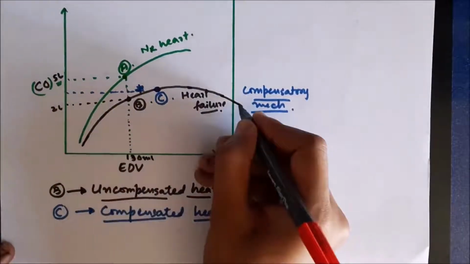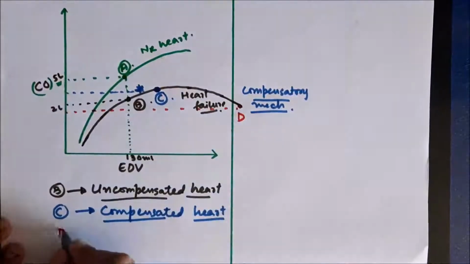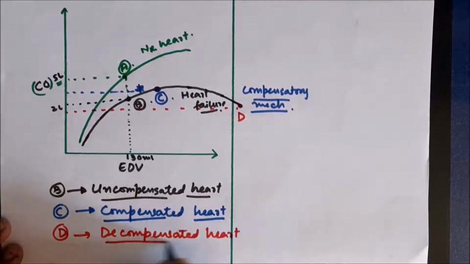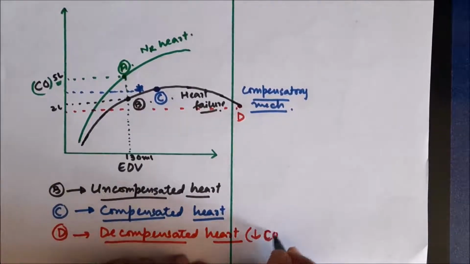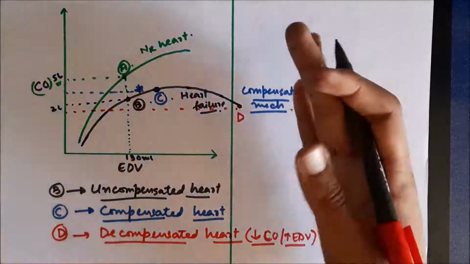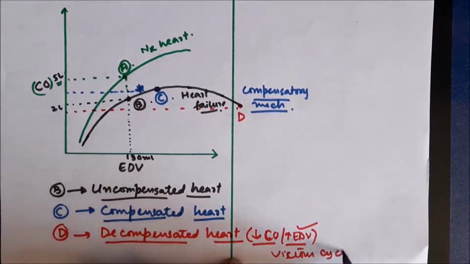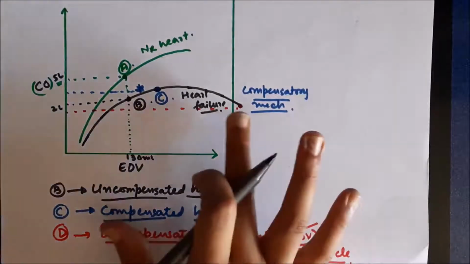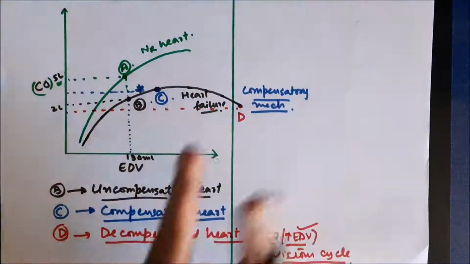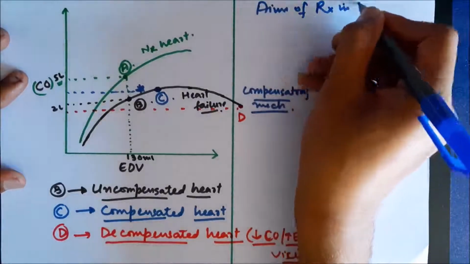However, if these compensatory mechanisms go on, they will finally result in cardiac remodeling, and end diastolic volume will be increased to a very large extent, and the heart will now start operating at point D, which will further decrease the cardiac output. And if compensatory mechanisms go on, this will keep cardiac output decreasing and decreasing, and eventually it will result in mortality. At this point, the heart is called a decompensated heart. And this results in development of a vicious cycle, because end diastolic volume will increase, cardiac output will decrease. After another cycle, end diastolic volume will further increase and cardiac output will keep on decreasing. So this vicious cycle will ultimately cause death of the person.